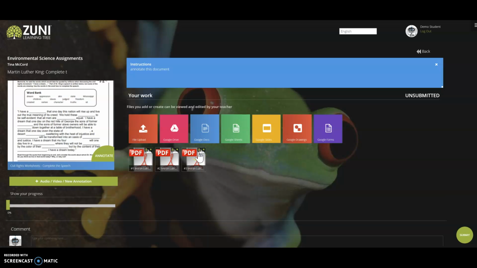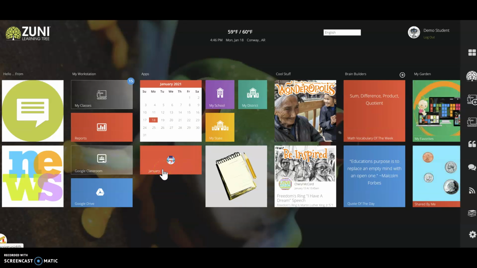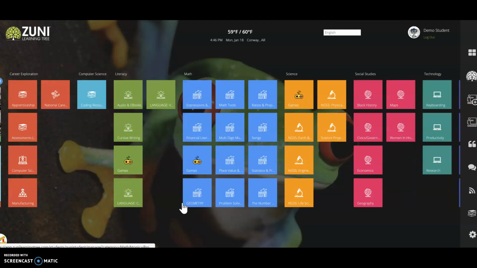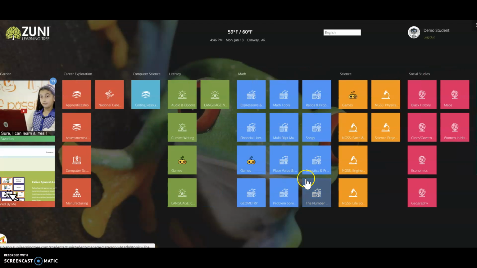So it's super easy to either A, just have them go and explore and find resources and share back with you what they think, or B, make a more formal assignment and allow them to actually annotate on a document right here as well. So let me just pop back and give you a little heads up for February that's coming down the road. In February, this will automatically switch and it will be February, and you'll see resources galore. Kids can just click on this little tree too, and that will pop them over to this content.